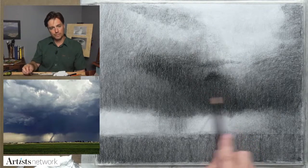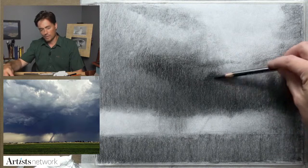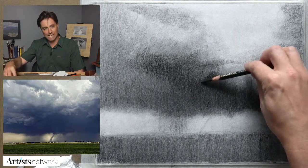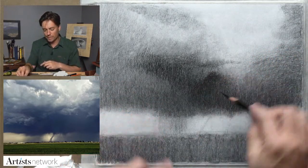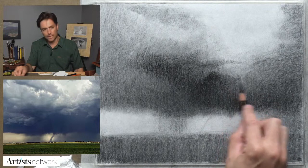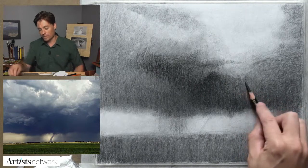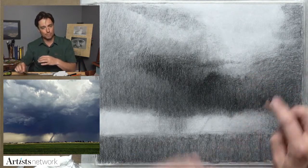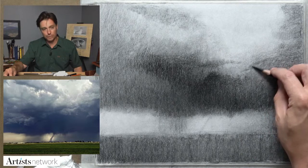So as I'm building up these layers, these layers of thin charcoal, I'm working up to the edges. So I'm not really creating a line or anything as a guide. I'm looking at this dark area, then moving up to the edge of some of these clouds along in that negative space there. As you get up to that edge, some of these clouds break apart into these wisps here. I can let the tip of the pencil skip across the page and make these interesting jogs and changes in direction